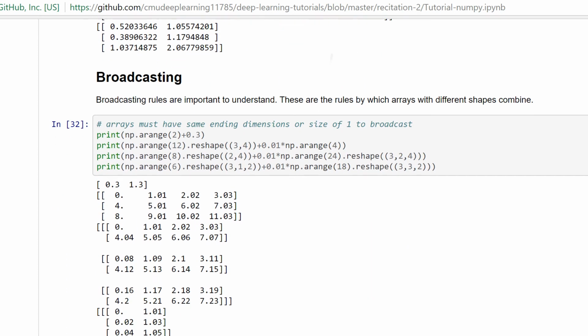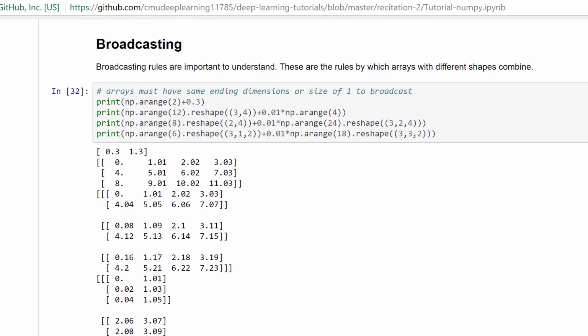And so there's the broadcasting rules that I've been talking about all the time. For these, there are several rules. First of all, this is a two-dimensional array. We can add constants to most of these arrays. It will reshape the constant to match the size of the array you're adding to. So in this case, it'll add 0.3 to each element. This one, we're creating a 3 by 4 reshaped array. And we're adding